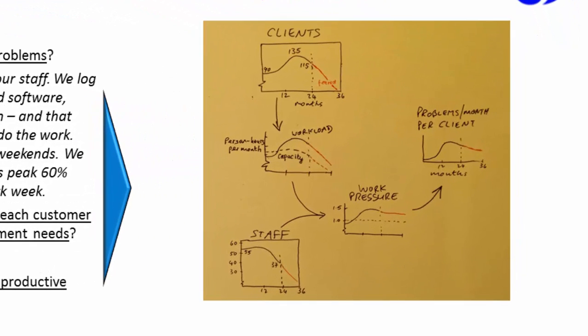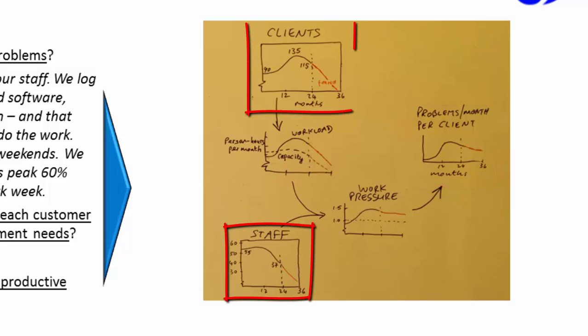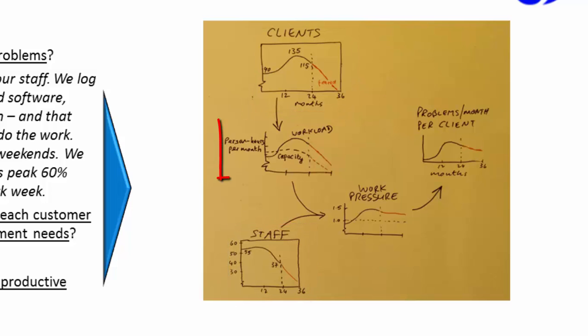So where does that come from? Well, if you drill that back, there's the performance outcome at the right, drill that back, where you get to is you get to the number of staff at the bottom left and you get to the number of clients at the top. And the chart in the middle is simply putting the workload and the capacity to do the work on the same scale.